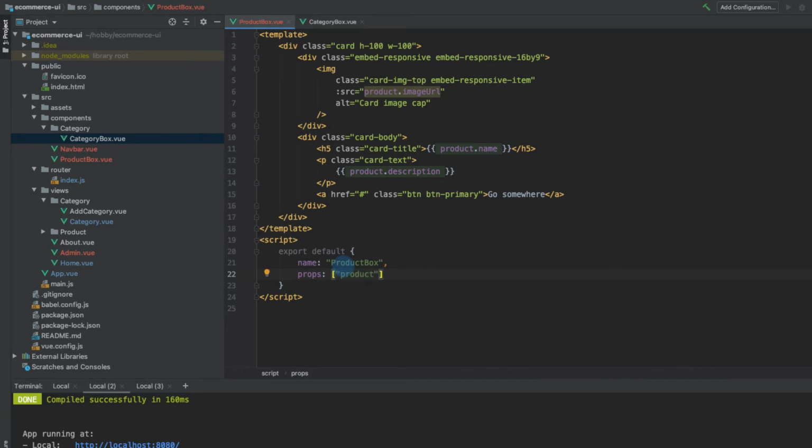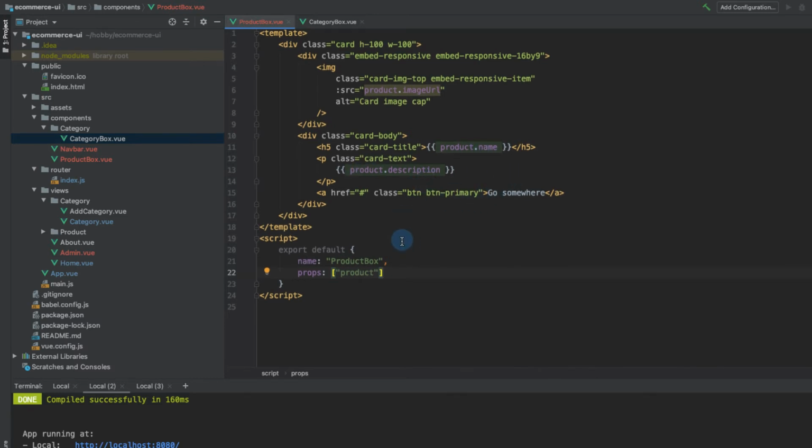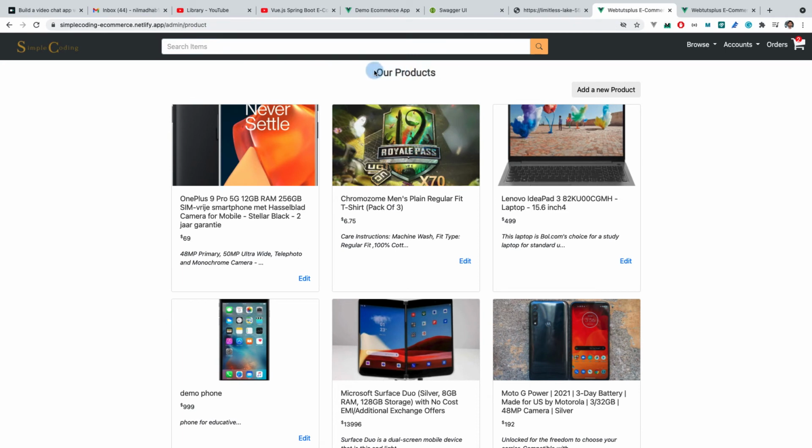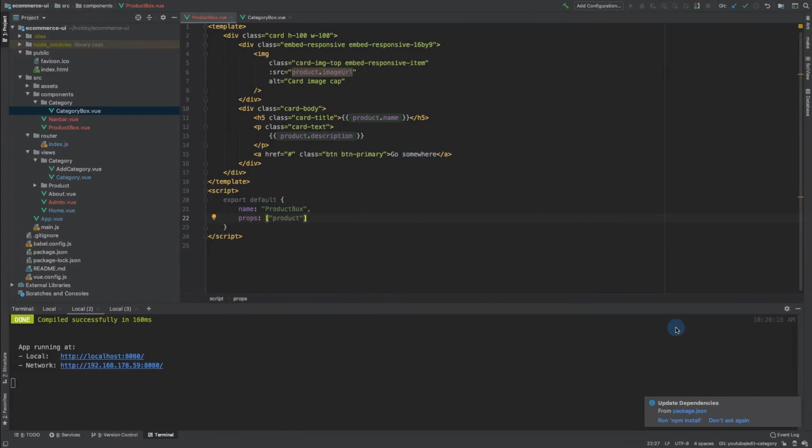And that's it. We should be able to display the name and the description here. So we'll import this box in the home page of the products, and we can display all the products one by one. So what I can do is we can go to the product view,